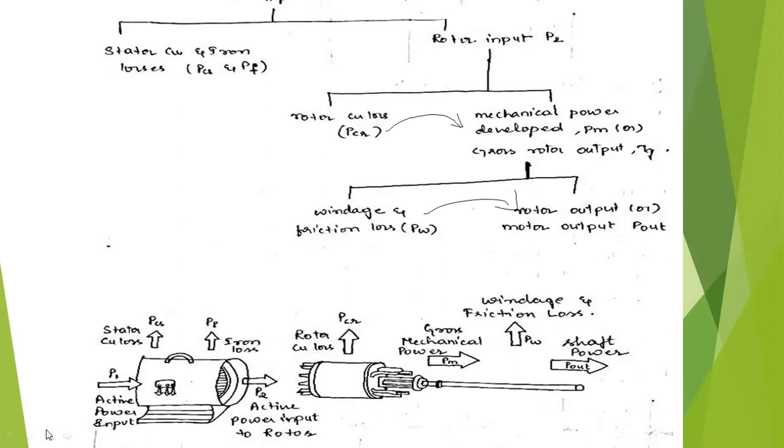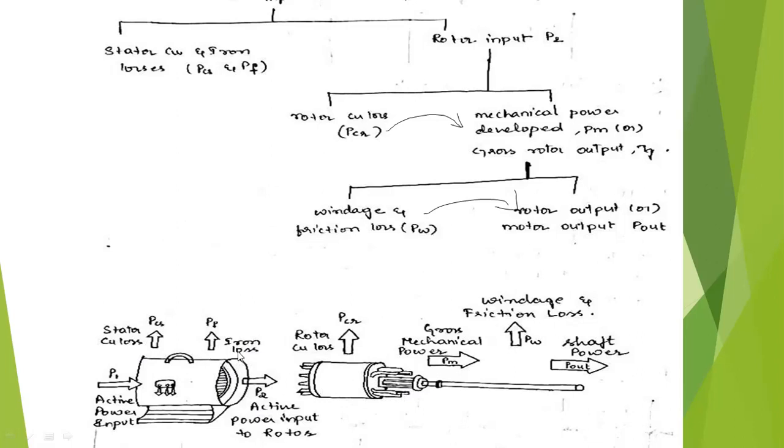So see here, this is the stator. This is the stator copper loss, P1 active power. This is what we are giving as input to the stator. The stator dome will look like this. There is a handle and these are eight ducts. Here is the stator copper loss, as we are making the stator with copper, we are getting copper losses, PCS, and iron. The stator also has iron parts, so iron losses will be present, PF. Here this will be the rotor. This is a squirrel cage rotor which is indicated here. This rotor will be inserted into the stator.